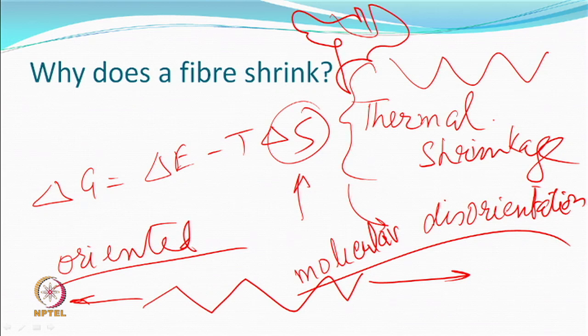It matters because by pulling you are straightening, and hopefully you have also stretched the angles, just like a spring which has been slightly extended, and you want to give it a chance, it wants to come back. If you do not give this opportunity, it cannot come back. So, now we like to say it shrinks because it is oriented. So, it can go to a disoriented state, but when you give any input like thermal input, it should be enough to give freedom to this molecule to do what it wants to do.